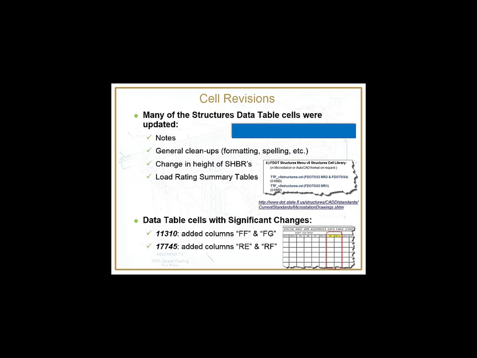Some of the cell revisions. That blue box used to say update your cells, but somehow that disappeared. Anyway, the cells are really the data tables that are delivered with the catalog. Just some general cleanup. One of the pervasive changes was the change in height of the special height bicycle railing